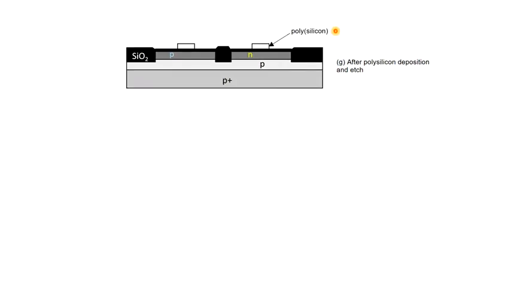Here you can see the polysilicon gate, but how to make this polysilicon gate? First we need to deposit one blanket polysilicon, that is, the polysilicon will be everywhere, right? And then pattern the polysilicon to form these two gates, and these polysilicon gates are sitting on this silicon dioxide, right? So do you remember the silicon dioxide? This is the silicon dioxide that we grew during our initial stages. So that silicon dioxide we are planning to use as our gate dielectric, right?